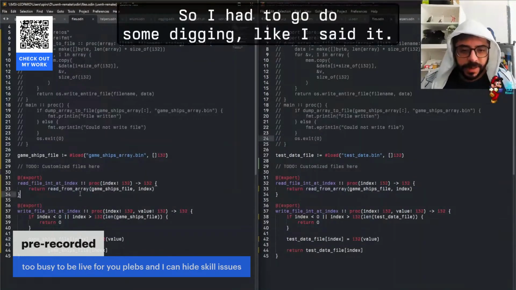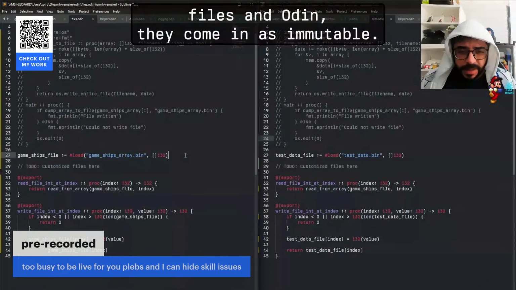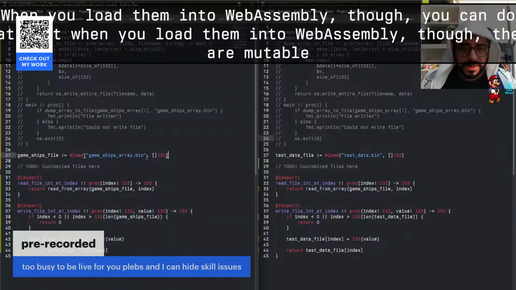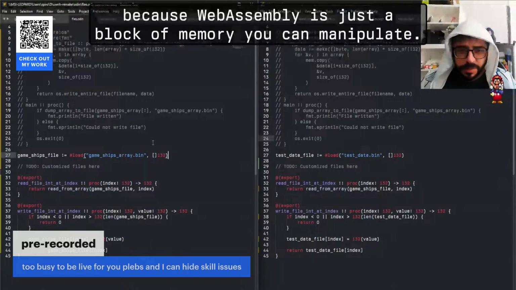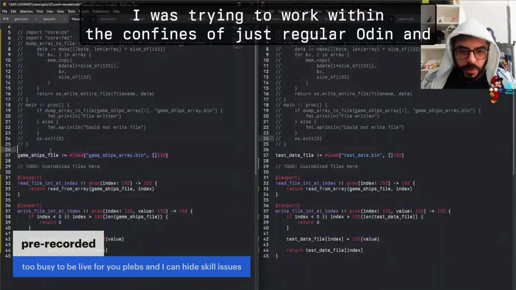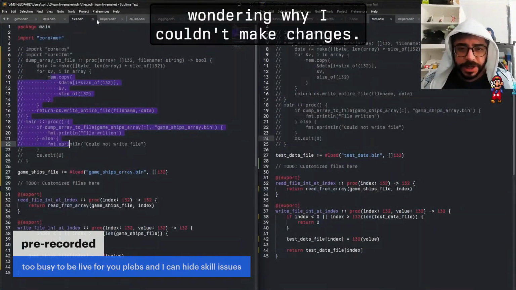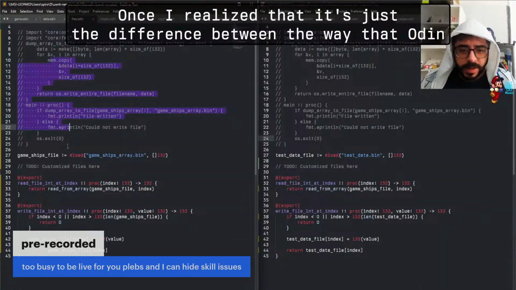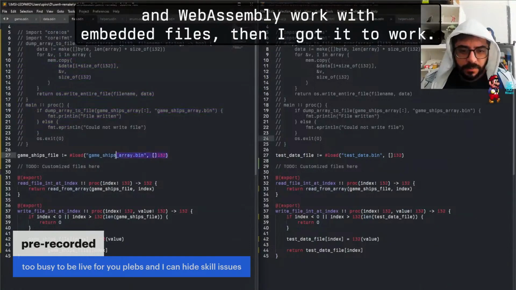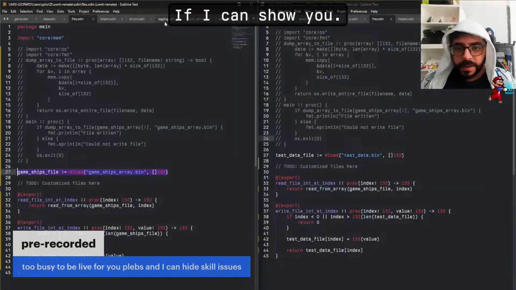So I had to go do some digging, like I said, and I discovered that when you load files in Odin, they come in as immutable. When you load them into WebAssembly, though, they are mutable because WebAssembly is just a block of memory you can manipulate. So that's where it was throwing me off. I was trying to work within the confines of just regular Odin and wondering why I couldn't make changes. Once I realized that it's just the difference between the way that Odin and WebAssembly work with embedded files, then I got it to work. And if I can show you,